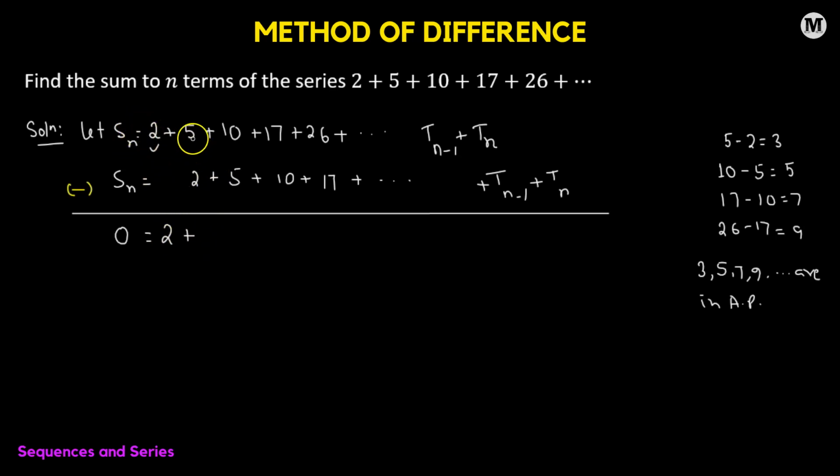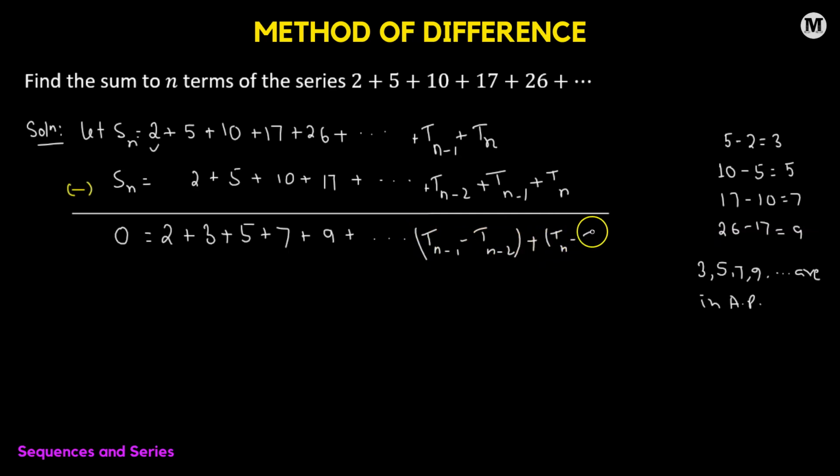Next, we'll do 5 minus 2, so that gives us 3. Next, we have 10 minus 5, that's 5, added to 17 minus 10, so that's 7, added to 26 minus 17, so that's 9. This goes all the way up to here. If we consider the third last term, that's Tn minus 2, our subtraction will be simply Tn minus 1 minus Tn minus 2. Then we have added to it Tn minus Tn minus 1, and then we have negative Tn. We'll transpose this negative Tn to the left hand side, and this is going to become Tn. This will be equal to 2 added to